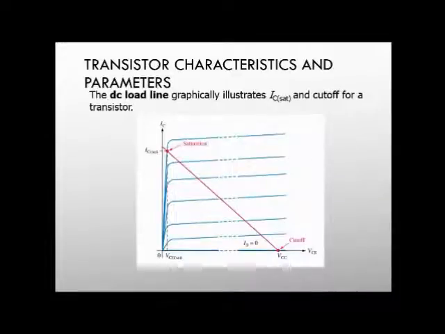Similarly, previously we have seen the load line graph of diodes. In this case, we will study the load line graph of BJTs. This is the active region and this is the saturation point. This gap makes the saturation region, and until the current reaches the maximum value, that is the saturation current at this point, and this is the cutoff voltage, and the line joining these 2 points, VCC and IC, gives the load line.